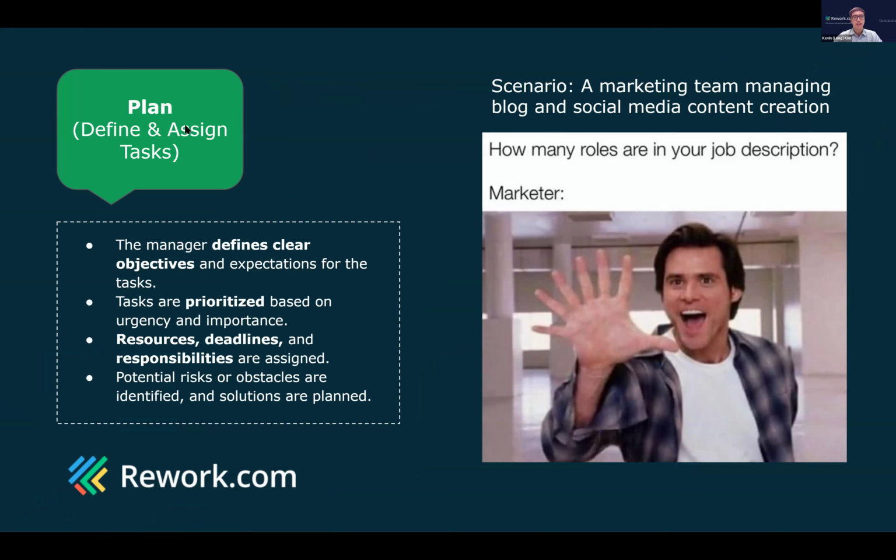Okay, so in this stage, basically, you just need to make everything as clear as possible, from maybe the priority, the importance or urgency level, the resources, deadlines, responsibilities, and so on. Okay, so